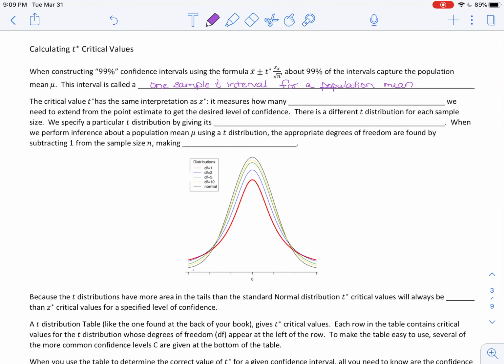So I'm going to get into the T-star values in a little bit, how to calculate them, but I'm going to try and cut this video short because I think that might have been some of the problems